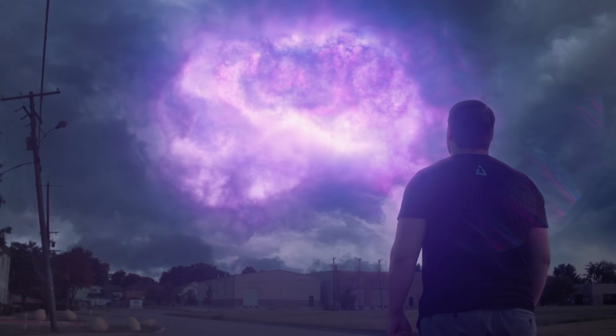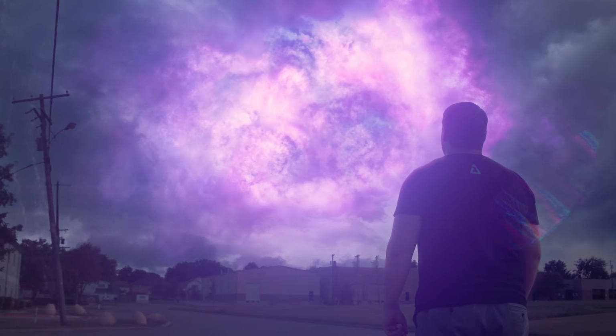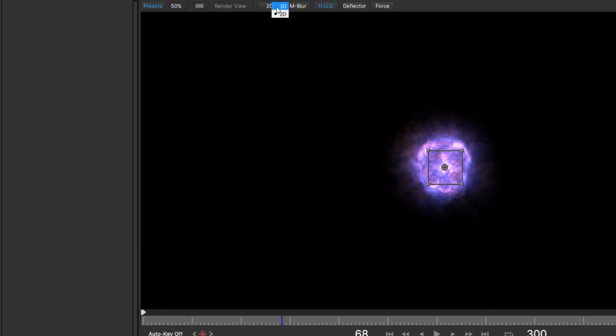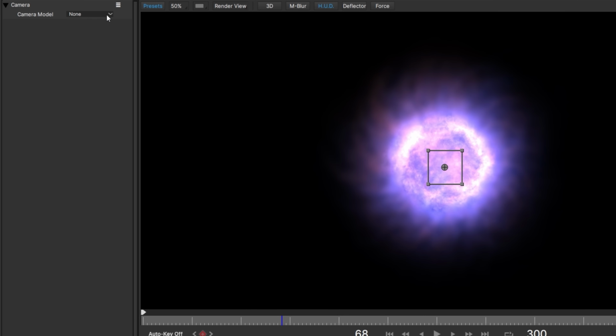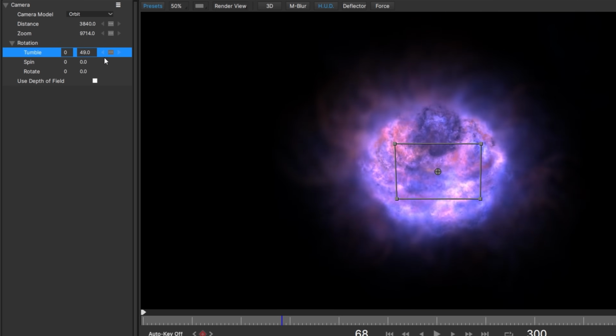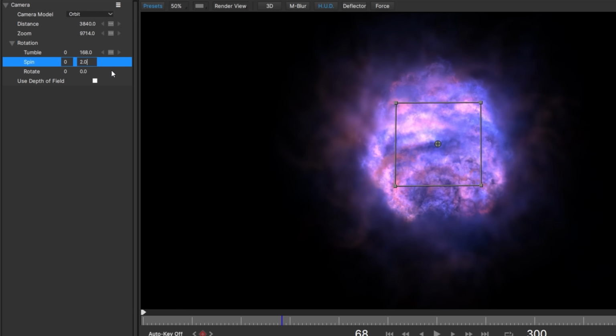For the next shot, we wanted it to rotate as if it's folding over itself as it expands. To do this, make sure the project is set to 3D, then you have a few camera options. We'll choose orbit, and as you see, changing the values for spin and tumble will rotate the emitter in 3D either vertically